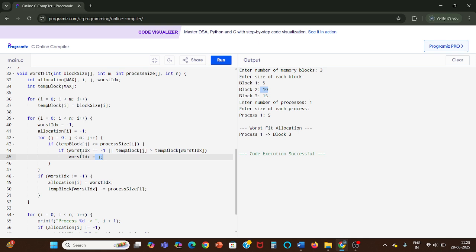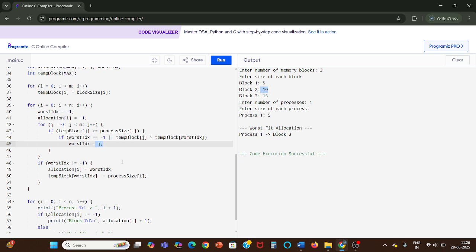Before going into the next if loop, one more condition. We will do this continuously for all the processes. In our case, we have only one process. So we have two for loops here. After identifying the blocks for all the processes, if a block is found for the process, then that id will be assigned to the allocation id.